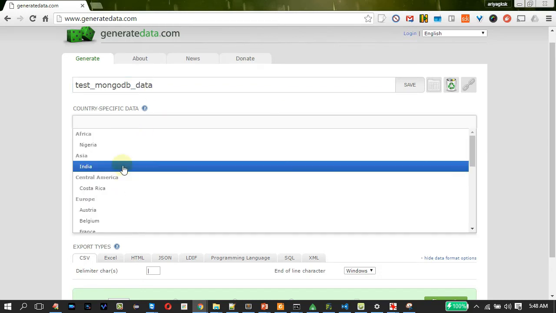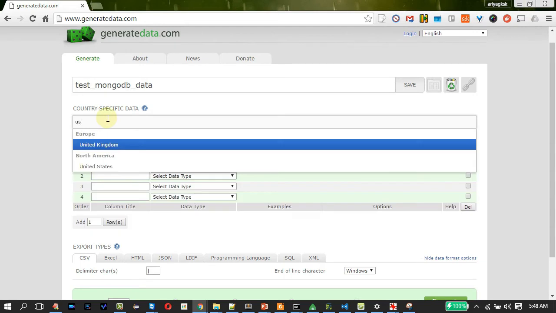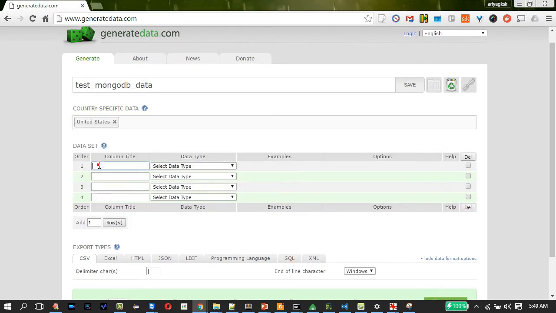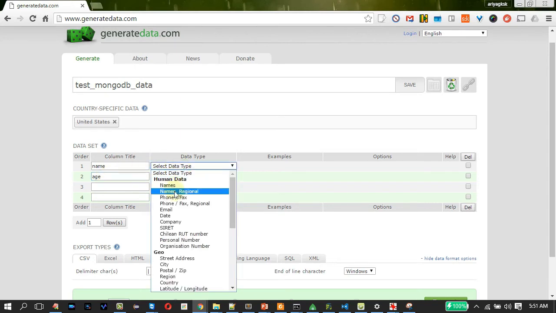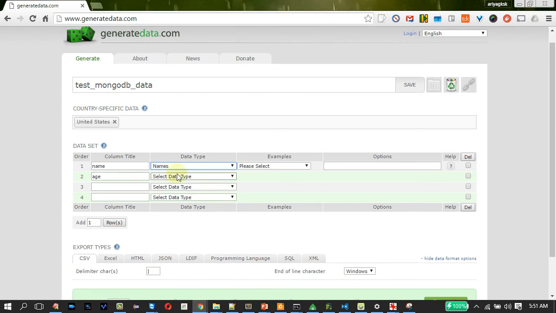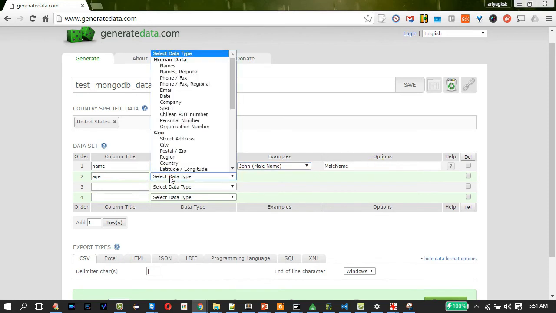Country specific data. Let me select United States. This is not required, I just selected. I'm going to generate personal details test data. Name is going to be of names, and the example is going to be the male name. Age is